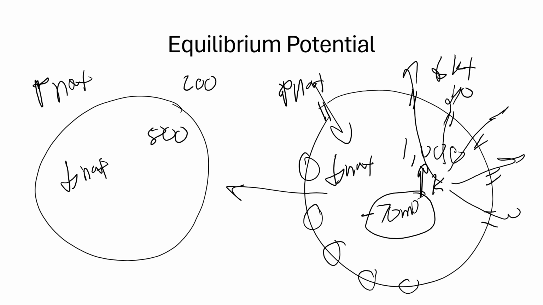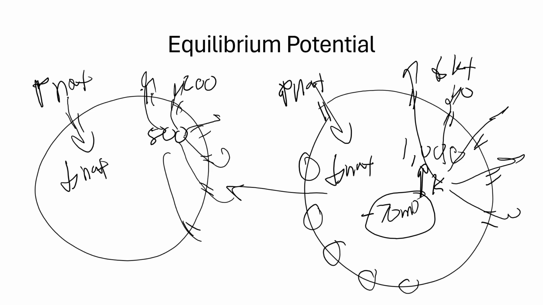Now we play it out, just like we have in the past. There are going to be a higher concentration of potassium leak channels than there are sodium leak channels. Exactly the same compared to the cell on the right. So more potassium will leave than sodium will come in. As more potassium exits than sodium comes in, thanks to the greater concentration of potassium leak channels compared to sodium leak channels, the inside will become negative because it's losing more positively charged ions than it's gaining in positively charged